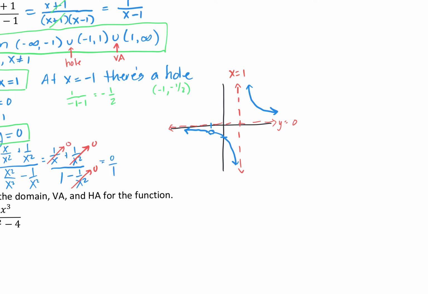So really, this is in 3 pieces. We have one piece from x is -infinity to -1, and then we have a discontinuous point, so we have to lift up our pen. And the second piece from -1 to +1, lift up our pen, draw our third piece from x is equal to +1 to infinity. All right, and that's kind of the idea when you graph these. To get more accurate, you just find some additional points. Let's move on to